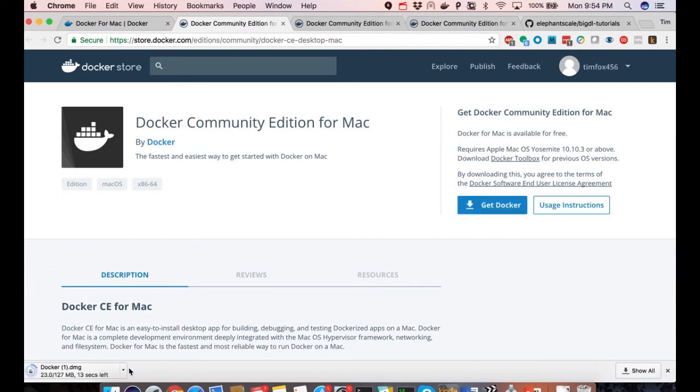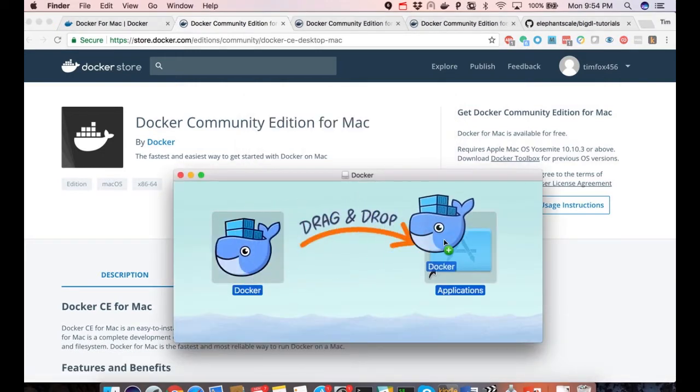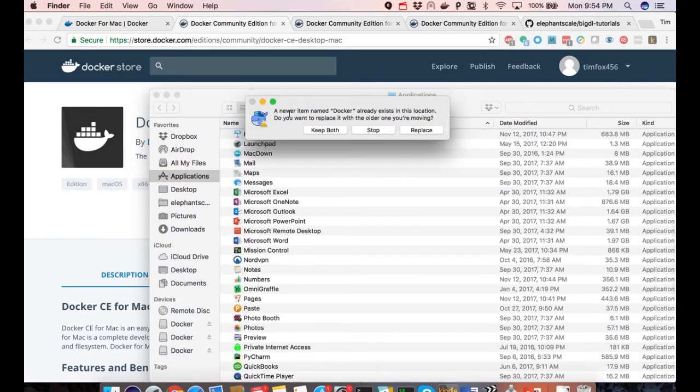Okay, so you see now that Docker is downloading, and I'm going to go ahead and click on this. This may look a little bit different on Windows or Linux, but nonetheless, we should follow the instructions for installing the Docker application like this. All right, great.